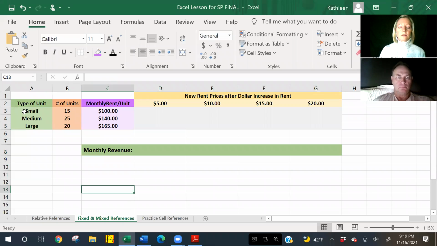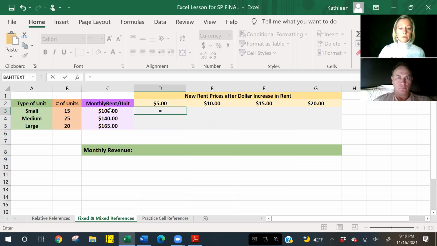Okay, so we're going to take a look at another example here. What we have here is 3 different types of storage units with different numbers of each type of storage unit and different monthly rents based off the size. We're going to consider new rent prices after 4 different dollar increases occur. So we're considering what's going to happen if I increase rent by a couple dollars. First, I'm going to find what the new monthly rent price is for a small unit. So I'm going to use my cells and say equals $100